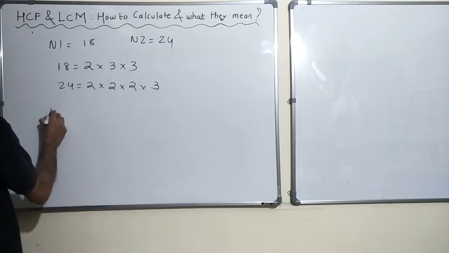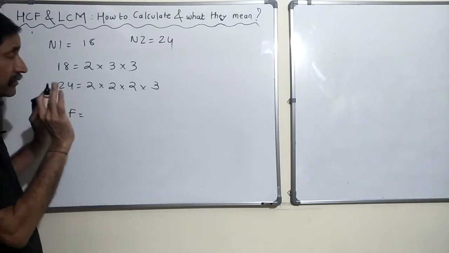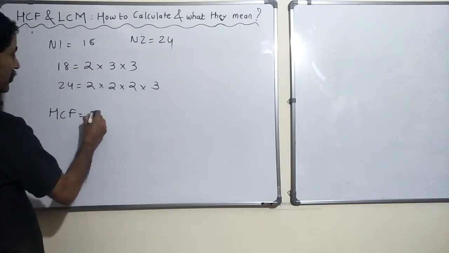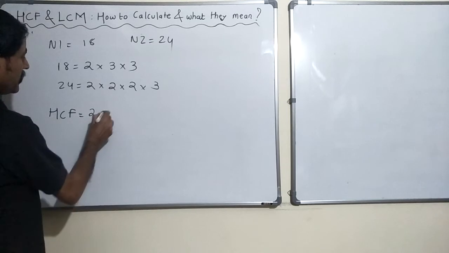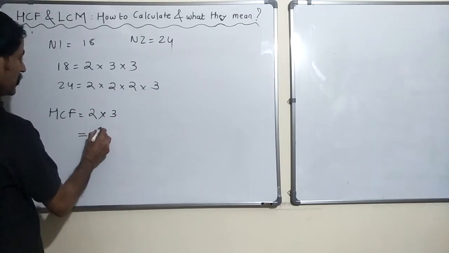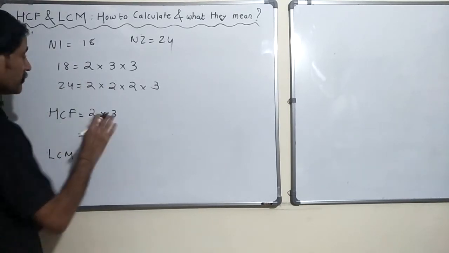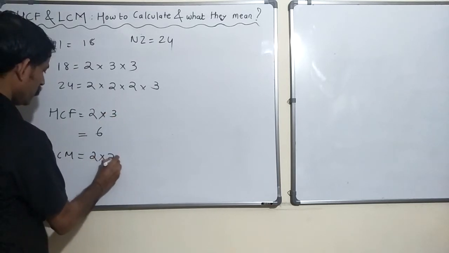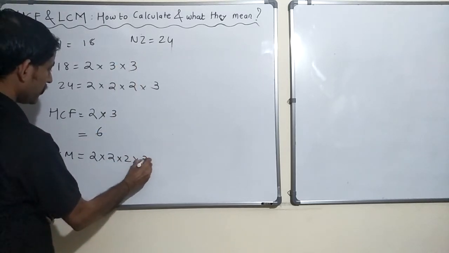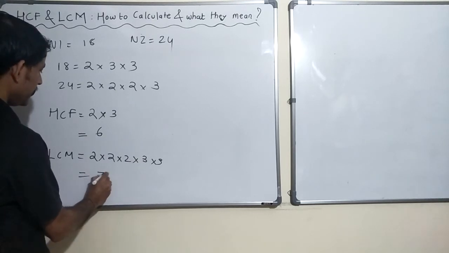Okay. So HCF becomes, okay, I am going to look at the prime factors. So I have 2 and 3. Where 2 is minimum? Here 2 is minimum, one time only. So I take 2 here, okay, and 3 is minimum here. So HCF is 2 into 3, that is 6. LCM, I'll say where 2 is maximum, it is here, 2 into 2 into 2, and where 3 is maximum, it is 3 into 3, 2 times, so I take 3, right? So 2 fours are 8, 8 threes are 24 and 72, okay.